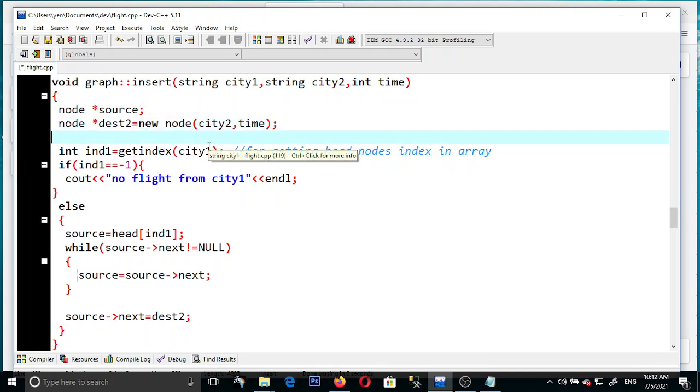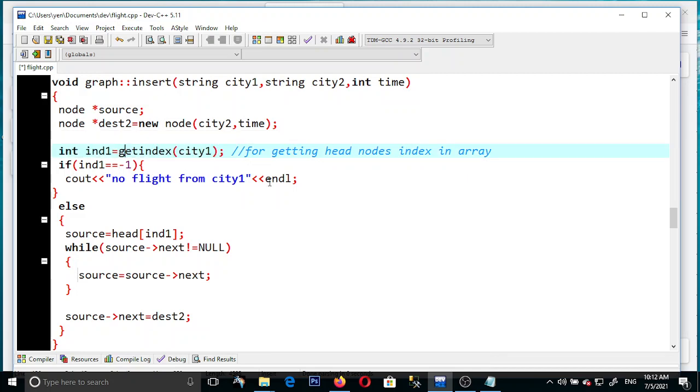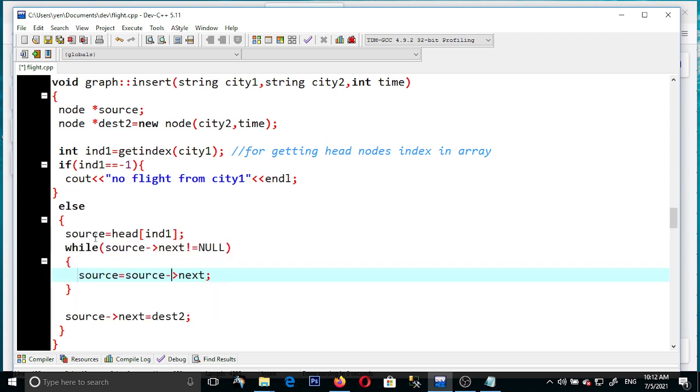So first, what we check is whether cd1, which is Addis, is found in the array. We have to check. If it is not found, we are not going to make a flight. Therefore, if it is not found in the array, we are going to display this. If it is found, what are we going to do? We are going to make a flight plan from city1 to city2 if city1 is available in the array. Therefore, to do this,